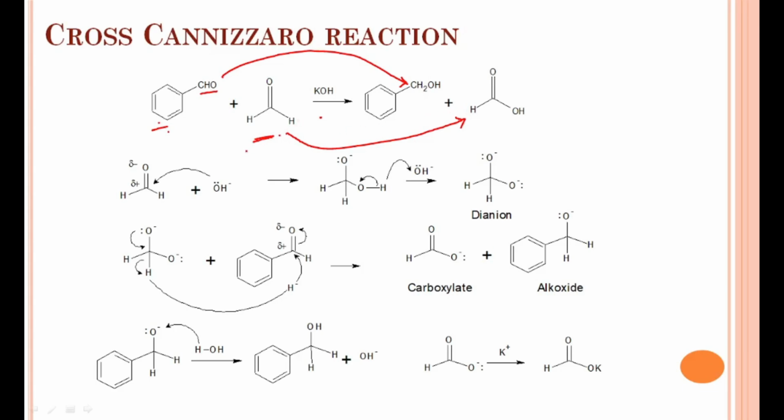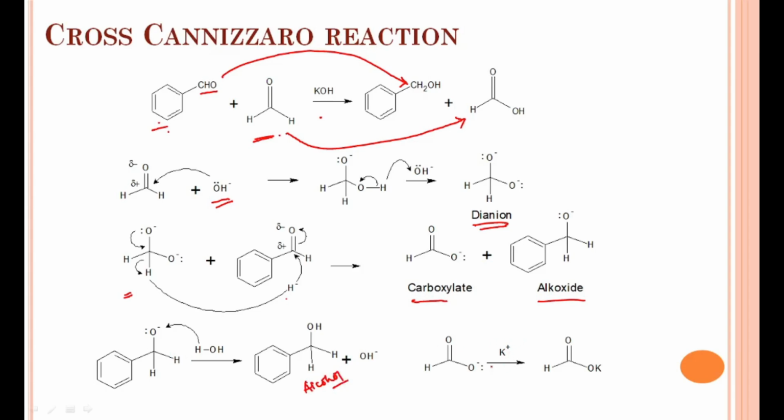So if you see the mechanism of this reaction, it is the same. OH minus ion is reacting with this and it is forming a dianion, as I have discussed before. Similarly, from the dianion a hydride ion is abstracted and it will attack the second aromatic carbonyl compound. It will give a carboxylate and alkoxide. So the alkoxide will abstract the proton from water. It will form an alcohol,